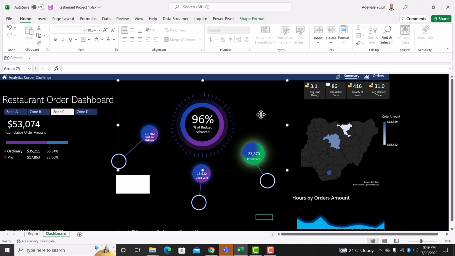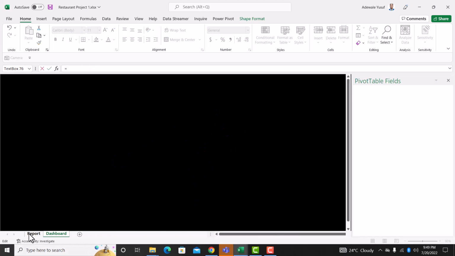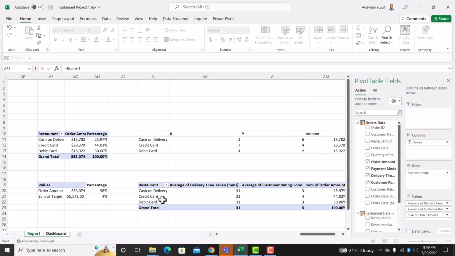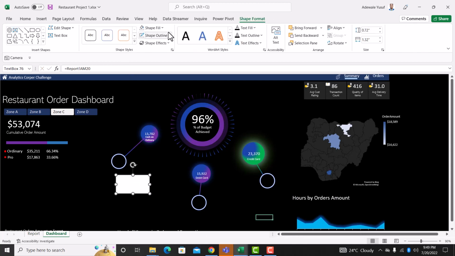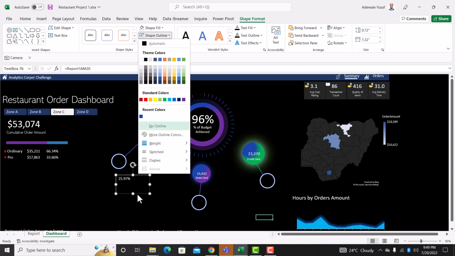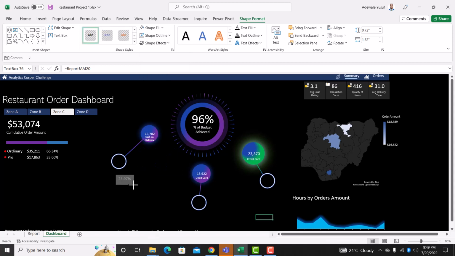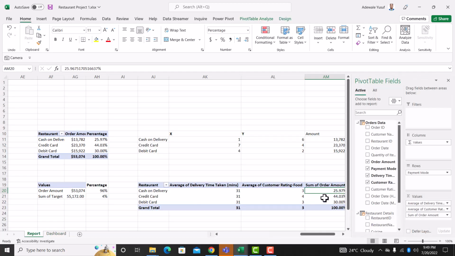Okay, so I have that there. So the next thing to do is to reference this percentage I want to reference before. So I'll just say equals to report. So percentage for cash on delivery is 25%. That's cash on delivery. Make this white. Shape format, I will remove this, no fill, no outline. And I'm going to reduce the size and put this guy inside here. Alright. In fact, I can even make it 1 decimal so that